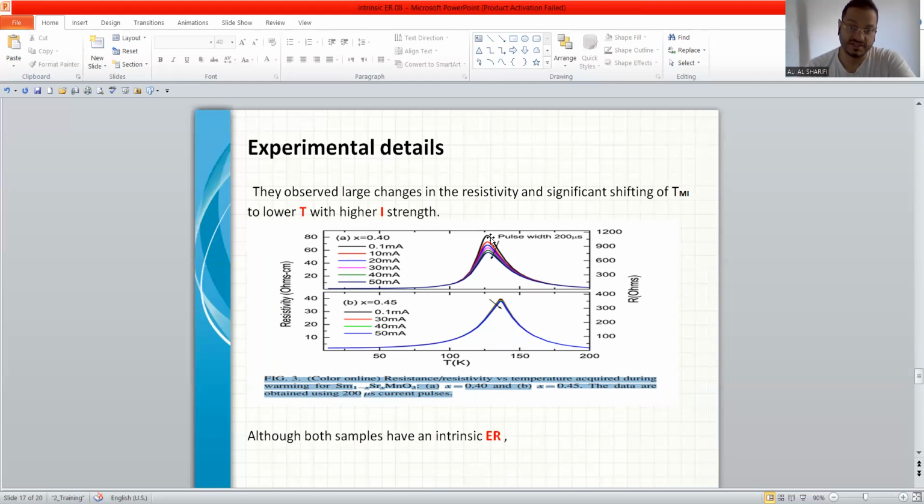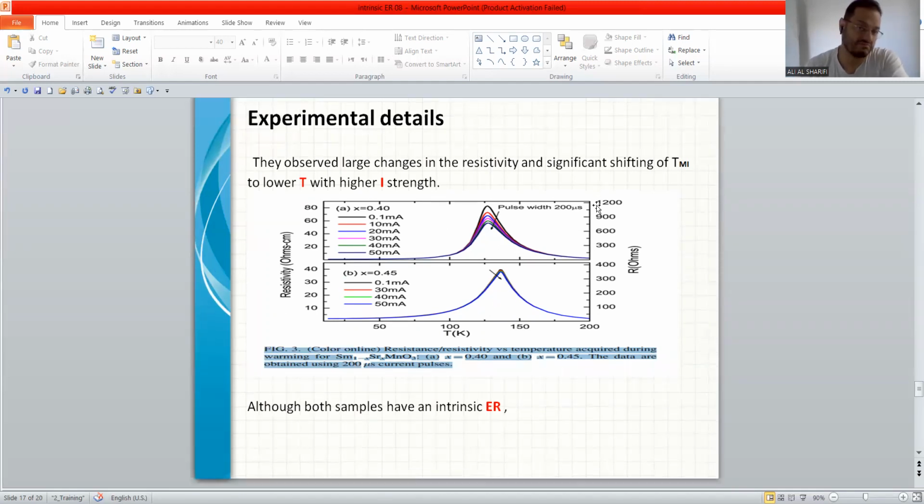Here the decrease is clearer than in this image. Here the resistivity decreases, but a little bit smaller than the first situation. And the insulating material transition temperature didn't shift to another result; it is the same for all of these